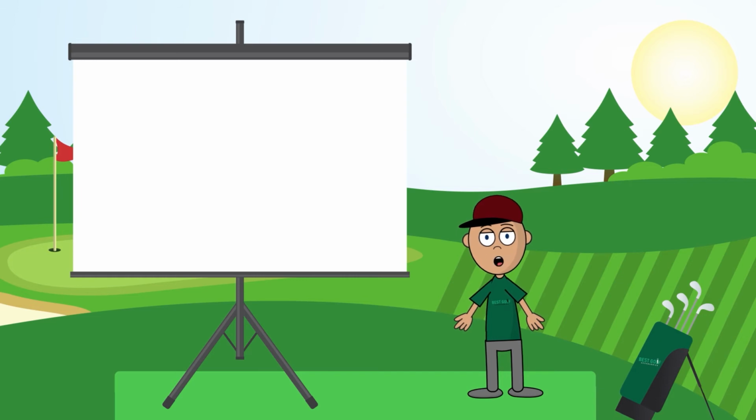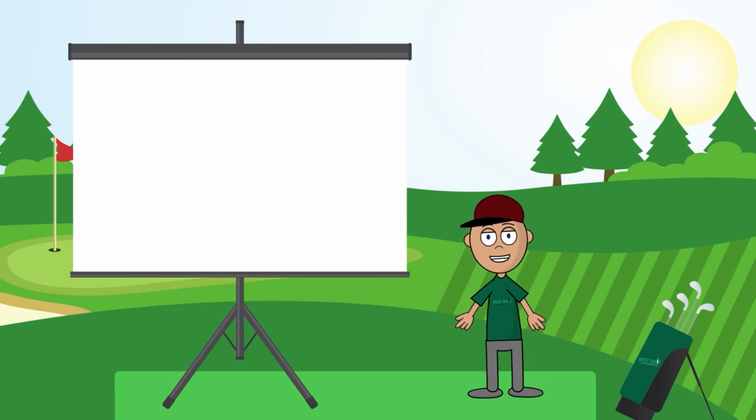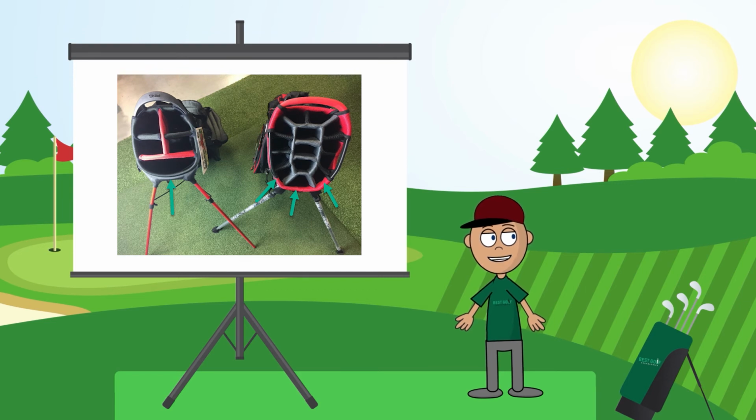In the middle slots, we're going to be putting our long irons and hybrids, fairway woods, all that good stuff in the middle slots. In my bag, which is a 5-way divider, I have my 4 through 7 iron in one middle slot, my 3 hybrid, sometimes a 3 iron or 5 wood, depending on the course, and 3 wood in the other slot. In the bottom slots, we're going to be putting our wedges and low irons, or short